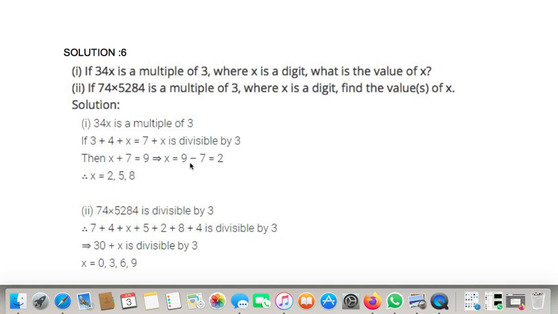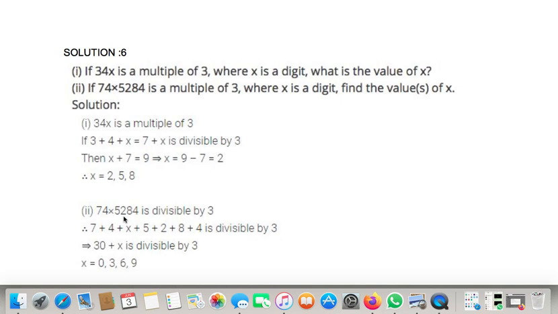added to it. 9. What all are the multiples of 3? After 3, 3 3 is a 9, and then 3 4 is a 12, like that. Okay, 3 2 is a 6, we can't form from 7. So 9, 12, 15, like that. So we can have it as 2, it can be 5, it can be 8. We can move further also, but then it will no more be a single digit. Okay, 0 to 9, in between that only x can be possible. So what all are the possibilities? 2, 5 and 8.